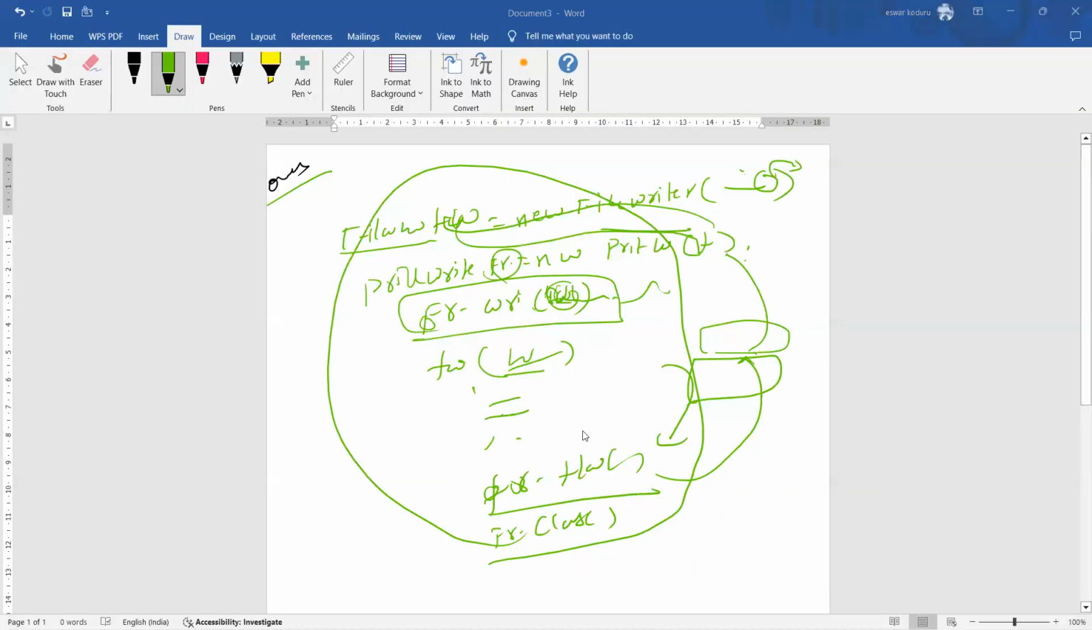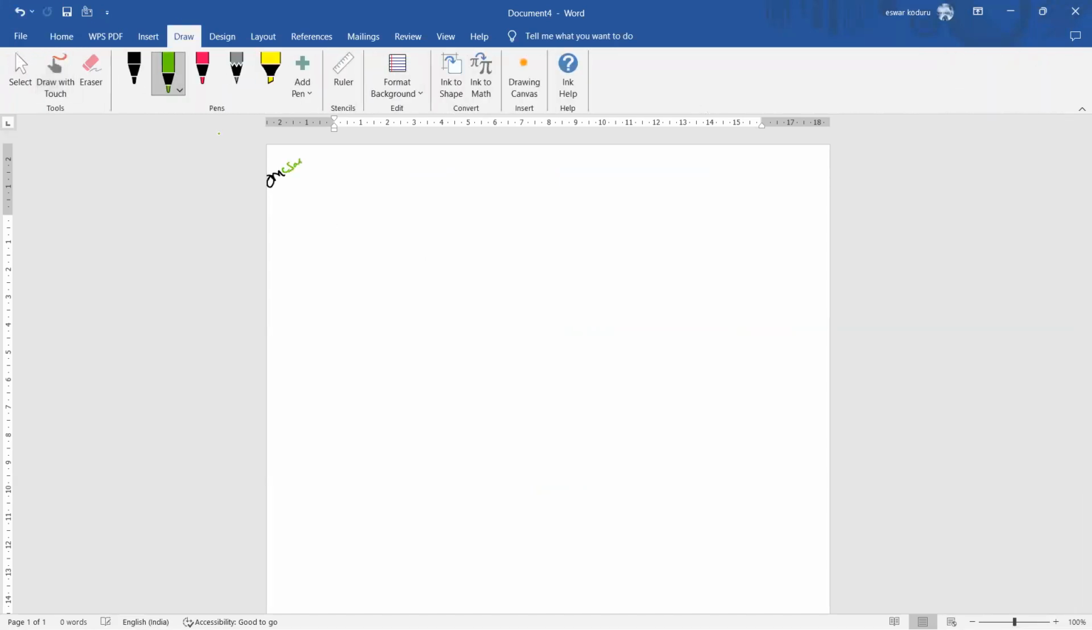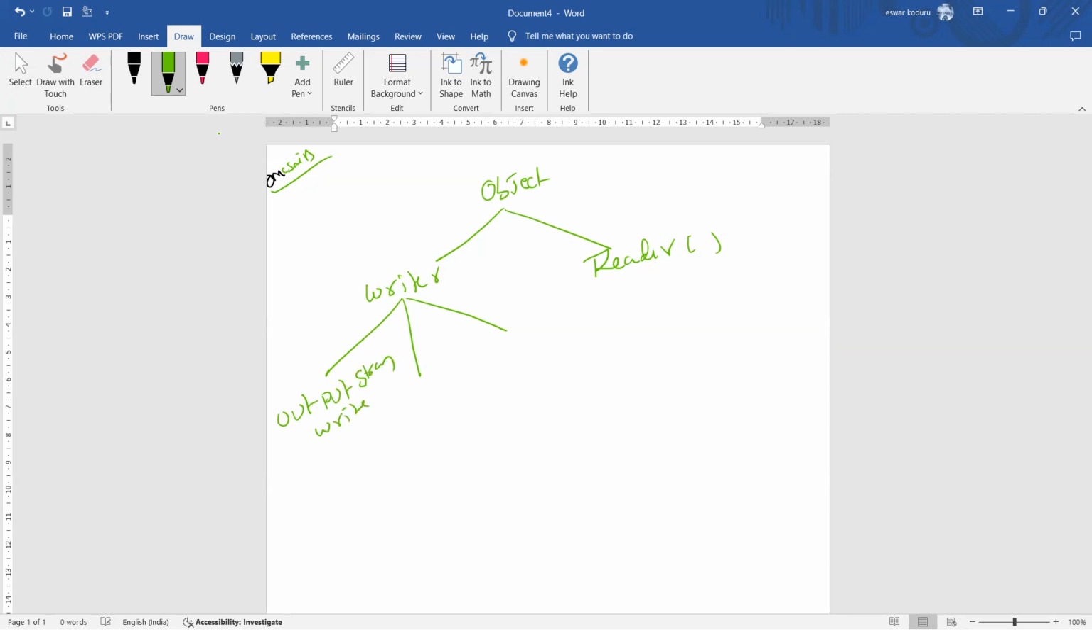Okay. What is the hierarchy of file? Now we have a hierarchy. Now, if you have Object as the superclass, under Object we have two: Writer and Reader. Under Writer we have OutputStreamWriter,